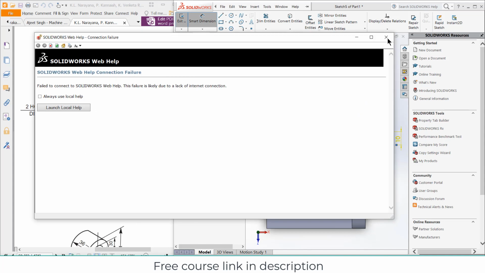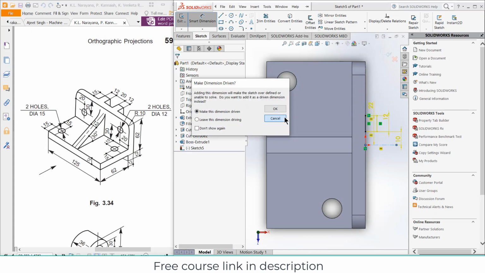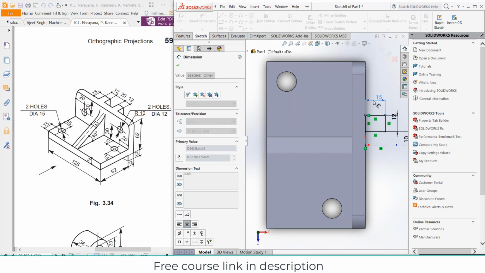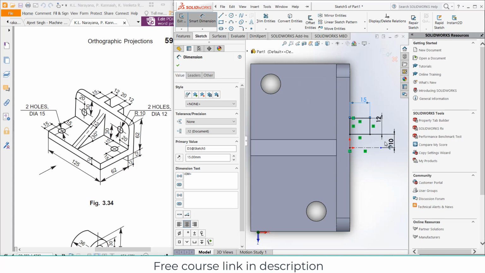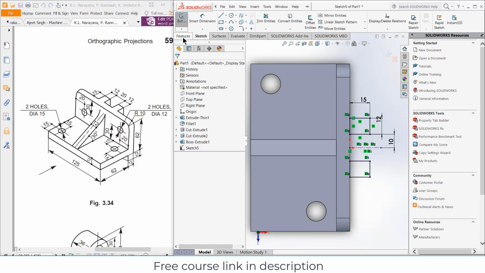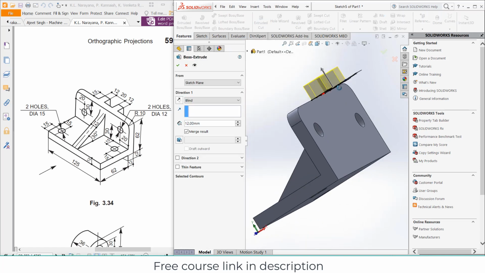Sorry, cancel. 15 mm, and click on mirror entities. Click OK. Sorry, we need to click on extrude. Click on up to surface.